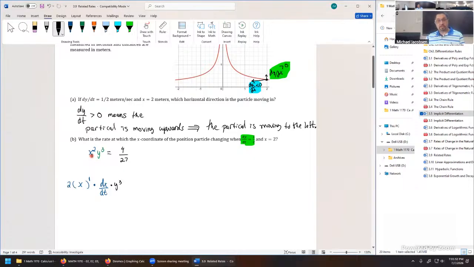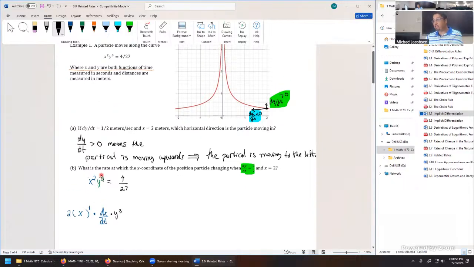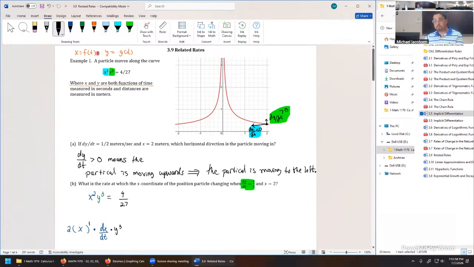So we took the derivative of the first thing. Here's 2x. Because the chain rule is part of this, x is a function of time. As per the initial part of the context, there's a dx dt. Copy the y cubed. Then do it all over again. There's a plus in the product rule. We copy the x squared, so it copies down. Next, we differentiate the variable with respect to y. But it's a chain rule again. There's an inner function, power 3. Excuse me, an outer function, power 3.